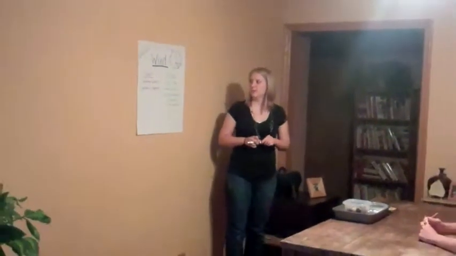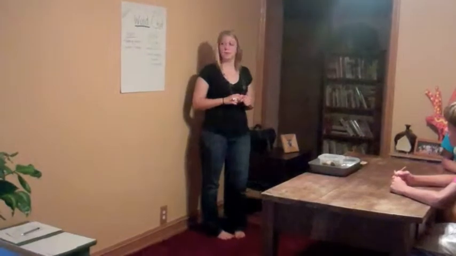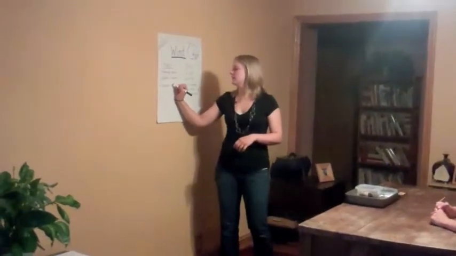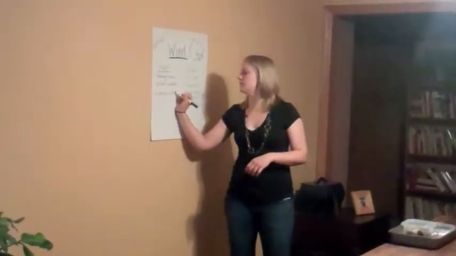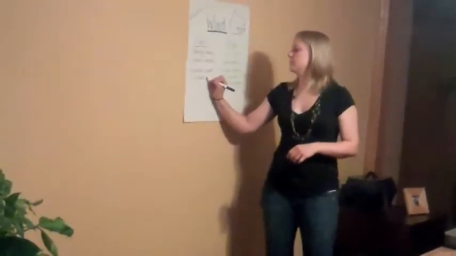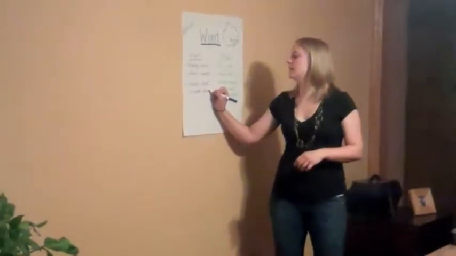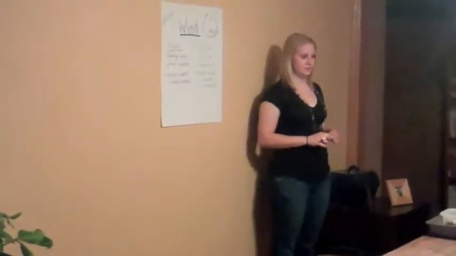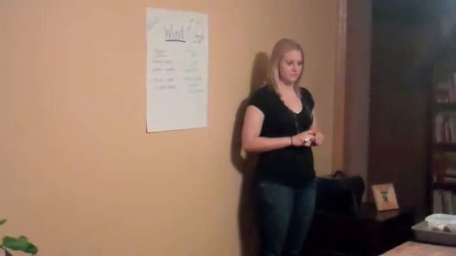We kind of talked a little bit about landscapes, and we're talking about the desert. What happens out in the desert with the wind? Carries sand. Okay, it carries sand. What do they call those? Sandstorms. Okay, sandstorms. And those can be pretty negative. Why? It can damage the land.